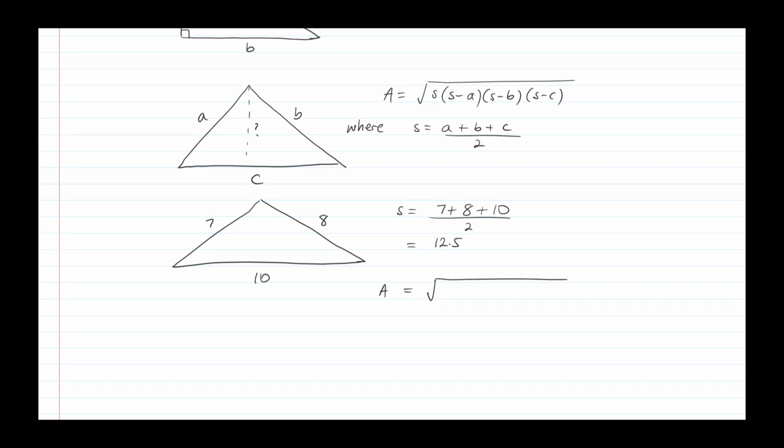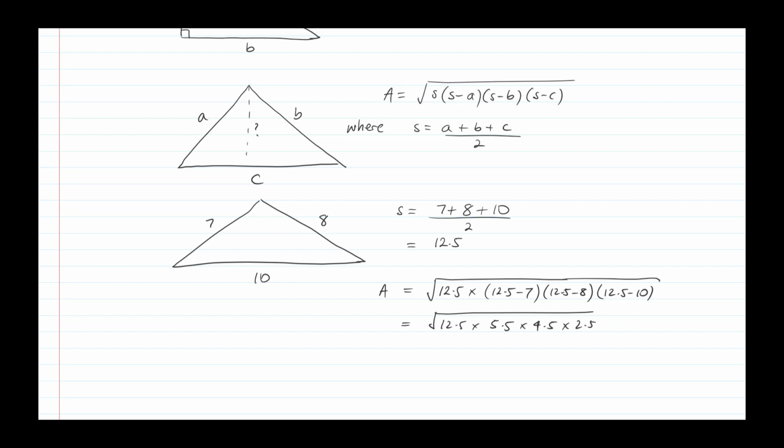the square root of 12.5 times by 12.5 minus 7 times by 12.5 minus 8 times by 12.5 minus 10. That's equal to the square root of 12.5 times by 5.5 times by 4.5 times by 2.5. And now I'm going to have to go to my trusty calculator, but I'm going to calculate the inside first. So it's 12.5 times 5.5 times 4.5